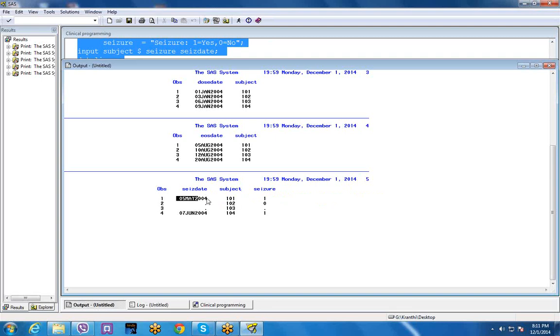Seizure happened on 5th May when he joined 1st January. So 5th May minus 1st January plus 1 is considered as the days to seizure. Then for patient 102, no seizure happened, which means we have the information that no seizure happened. So no seizure happened means there won't be any date, right? If it happens, then we have when it happened. When there is no seizure happened means